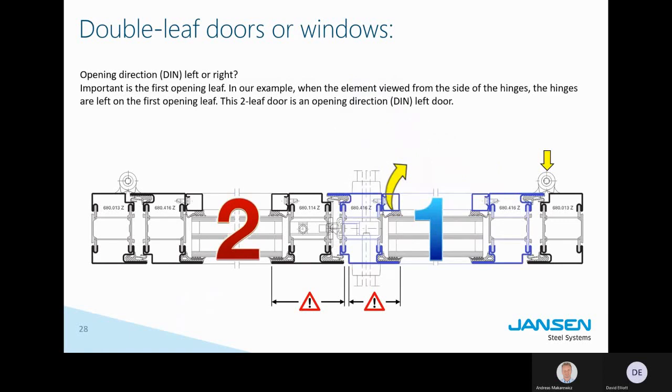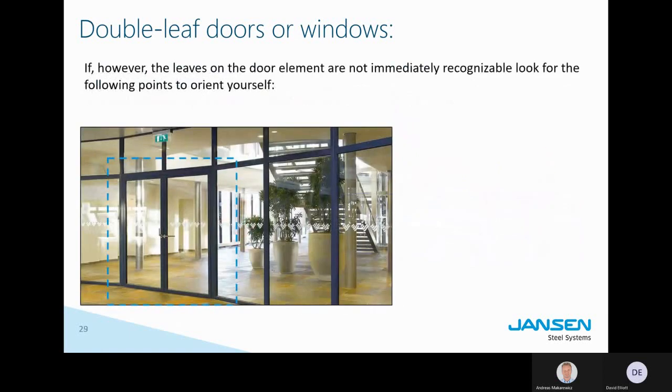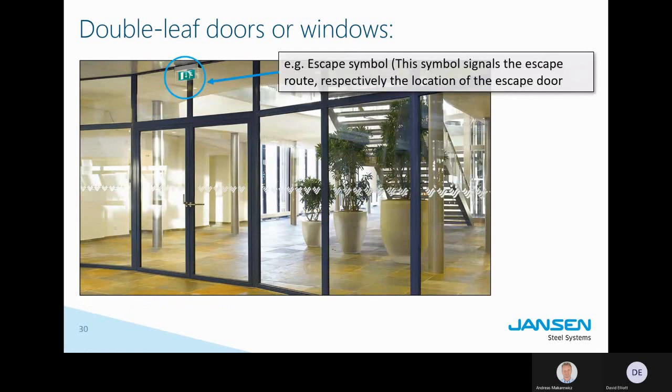Again, here we have it. What also helps you to determine which is the first and the second, or the first opening or the secondary leaf, is the position of the handle. The horizontal position of the handle indicates, okay, I am the first leaf, the first opening leaf, and the vertical one is the secondary leaf. This is how it's often handled here in Europe. Sometimes the handle is even repositioned. Okay, of course, the escape sign helps to recognize the opening direction,